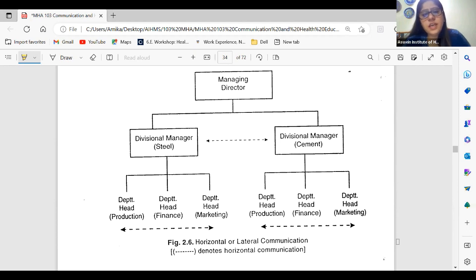So as you can see, there is an example given here. There is a managing director, and then there are two divisional managers. One is from steel and one is from cement, and under them you can see there are various other department heads from production, finance, and marketing. In a way, if you look at the left side, we can take an example of downward, from MD to